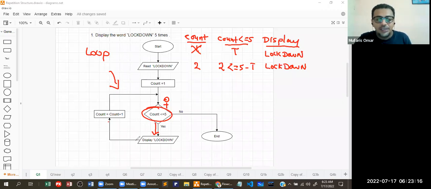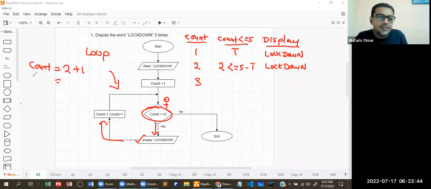Okay, now we are done with displaying. What would be the next step? So we know it goes to here, count. So my count will now become 3. Is that clear? My count will become 3, because we are adding count equals the previous count, which is 2, plus 1, that is 3. Is that clear? This is the new value of